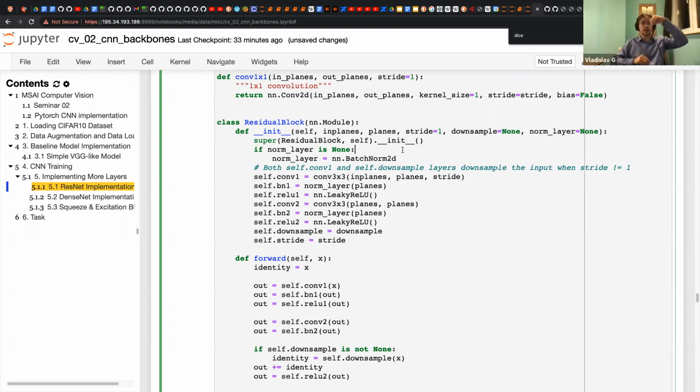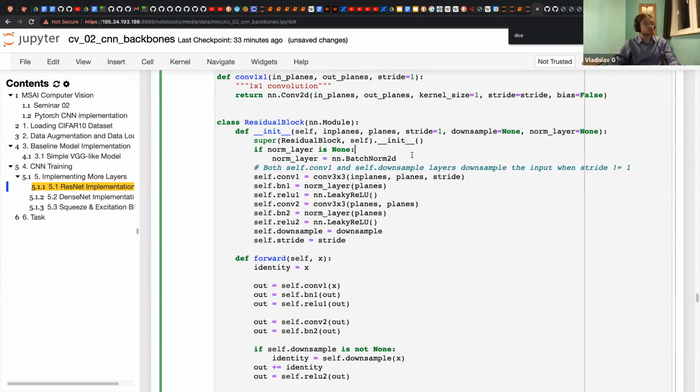So first we take the data, then we convolve it, and finally we add the identity transform, sum it and return it. And after such a block, we perform pooling, and we go on and on.